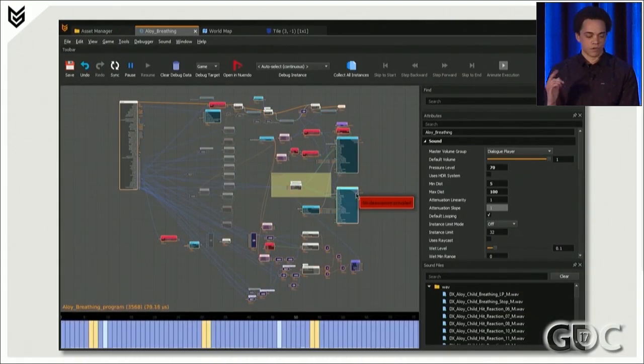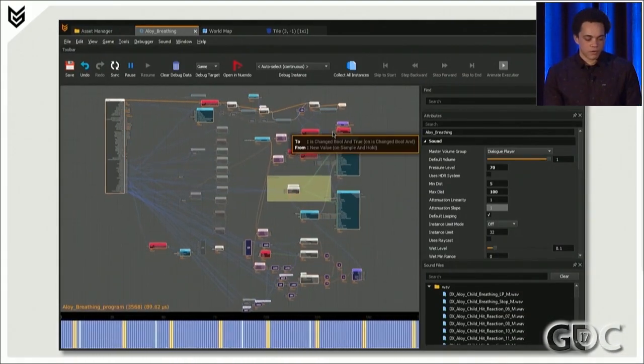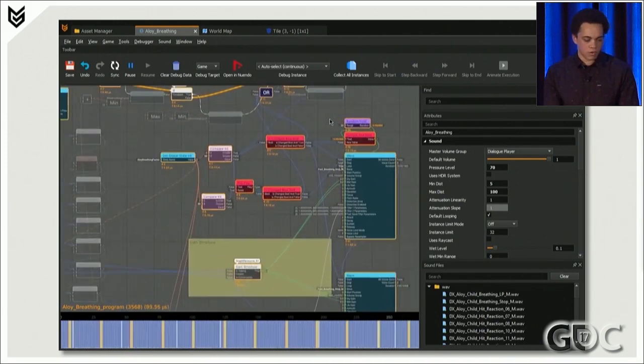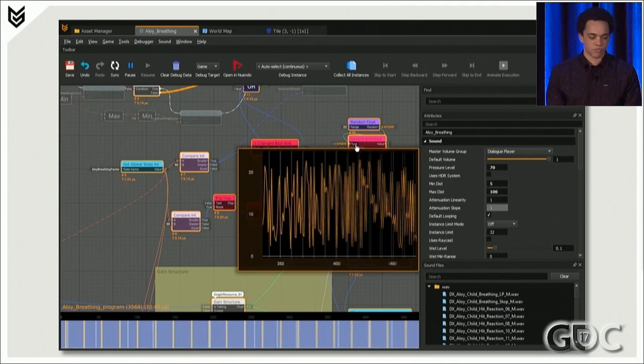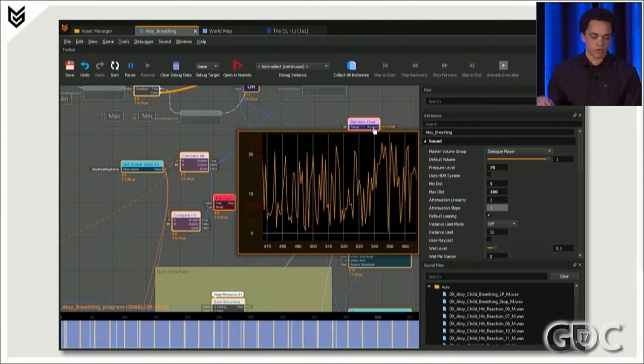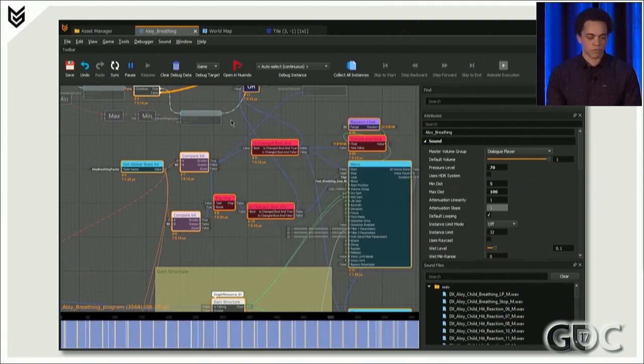So here's a video of the node graph debugger I was talking about. You can see how the graph is currently executing. This is actually the graph sound for the main character's breathing. You can hover over inputs on the graph and see what is actually going on, how the value is changing